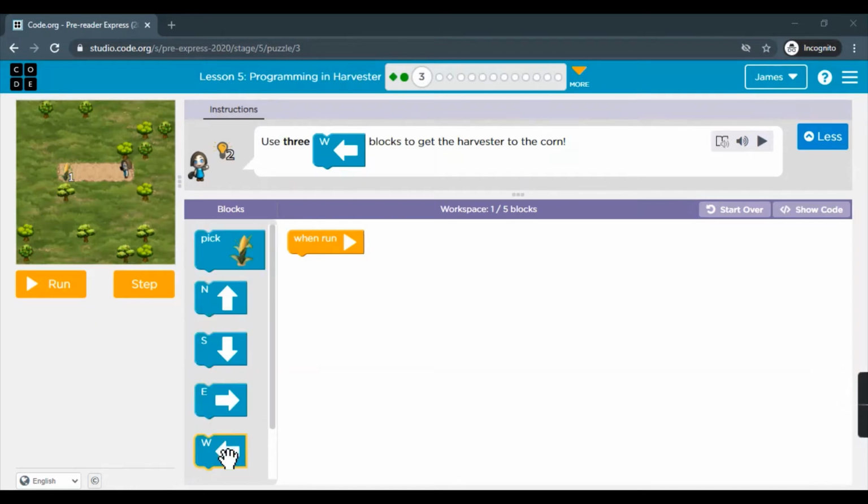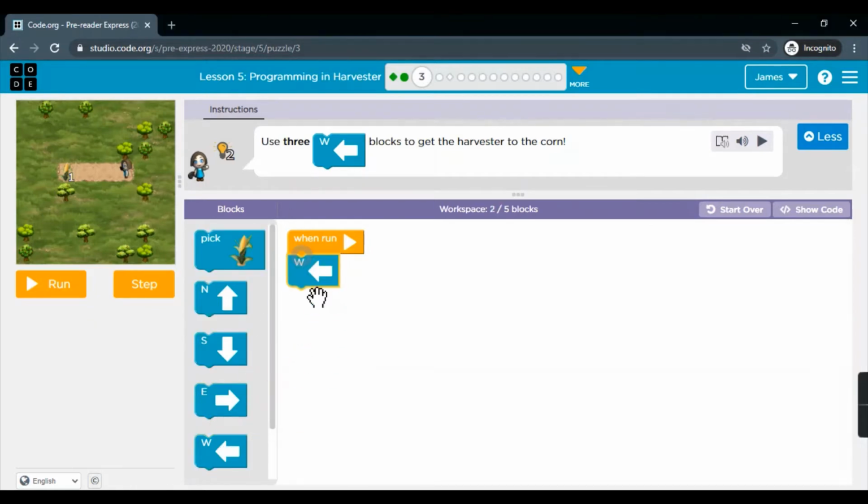So let's pull this block 3 times. Now, as I mentioned previously, we need to add pick block as well. So after 3 west blocks, she will reach there and pick the corn. Let's run it.